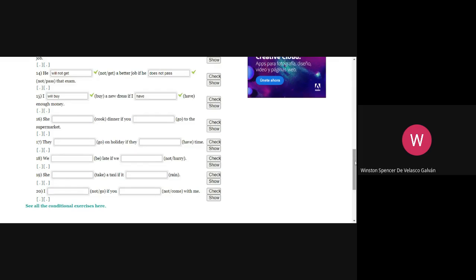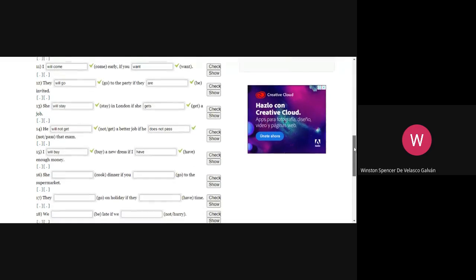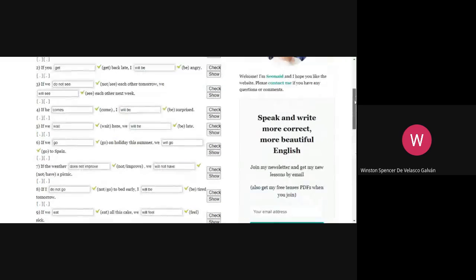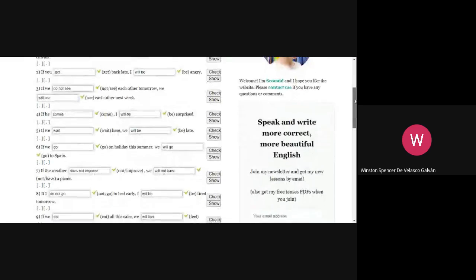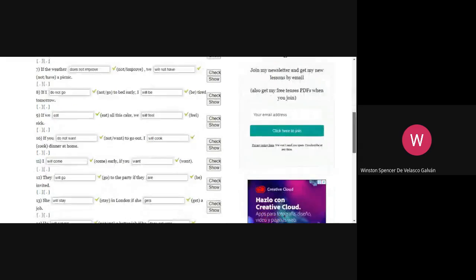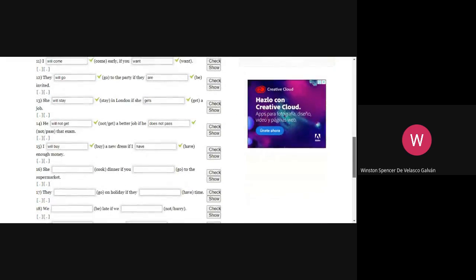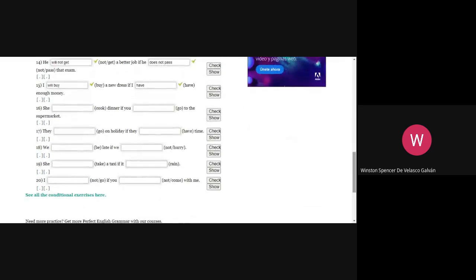Well, as far as you can see, we have completed the first 15 sentences, and all of them are well written. Congratulations up to this part, because you have been taking part in the class in the best possible way, very serious with your answers. Thank you so much for that. Now, we have sentences 16, 17, 18, 19, and 20.